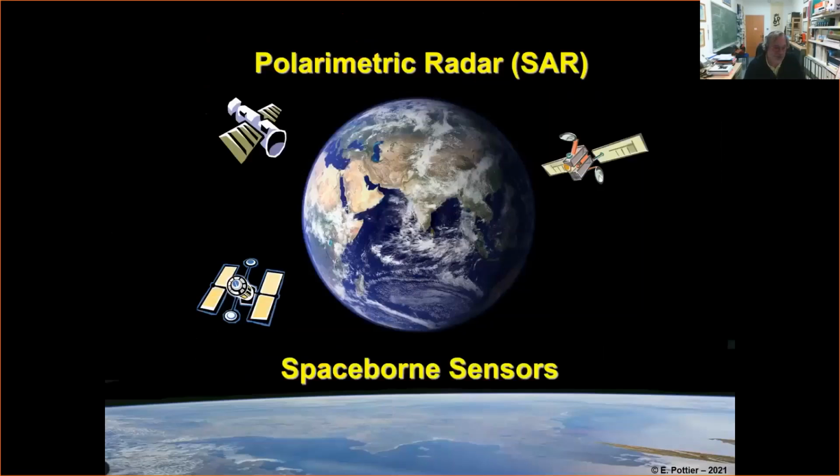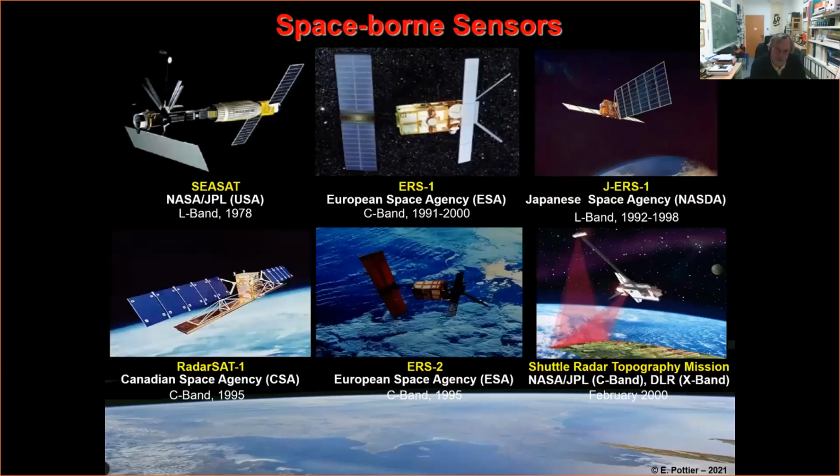Okay, so now I'm going to present to you some different space-borne sensors and polarimetric space-borne sensors. But first of all, we are going to start with a non-polarimetric space-borne SAR sensor. As you may know, the first SAR system launched was SEASAT in 1978. It was not at all a polarimetric SAR system. It was a classical one-channel SAR system. I shall not come back to the history of this space-borne SAR. It's a very nice story, but we have not the time.